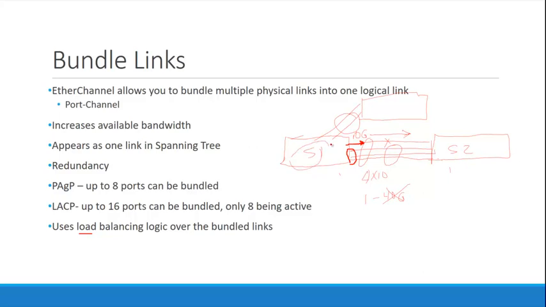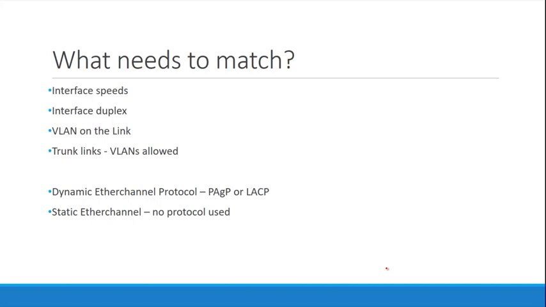It's configured globally, so it will use it on this EtherChannel and on that EtherChannel. I can't do it individually for each EtherChannel. So when I am going to bundle my links, and they've got to connect at each end,